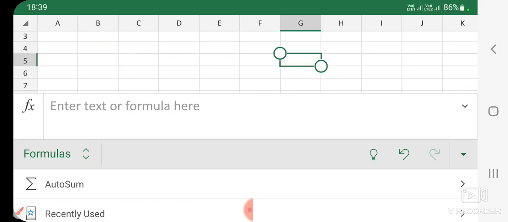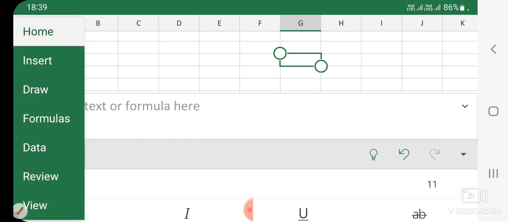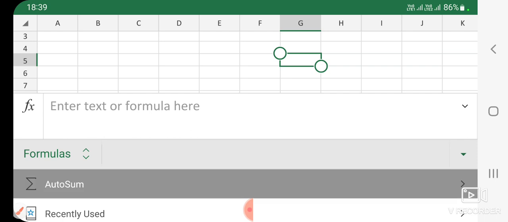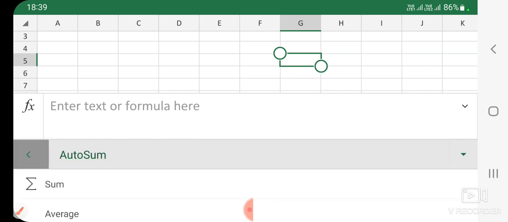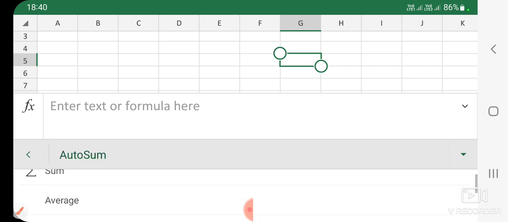Hi, so in this session, I'm going to explain a formula named count. Alright, so just open the Excel sheet and you will find this option. So it would be like this: home. You need to select the formulas, and underneath formulas, you will find this auto sum. So select auto sum. Once you select auto sum, you will find sum, average, and then you will find count